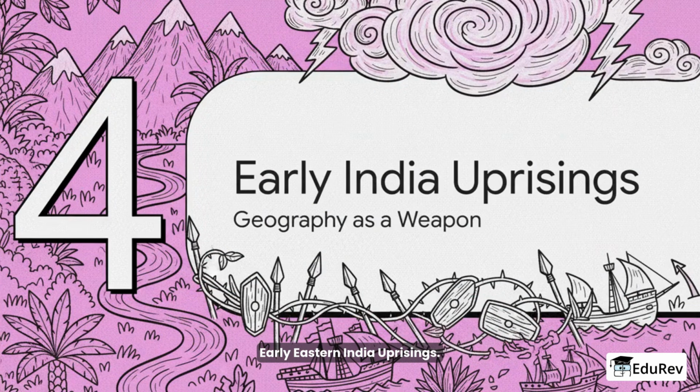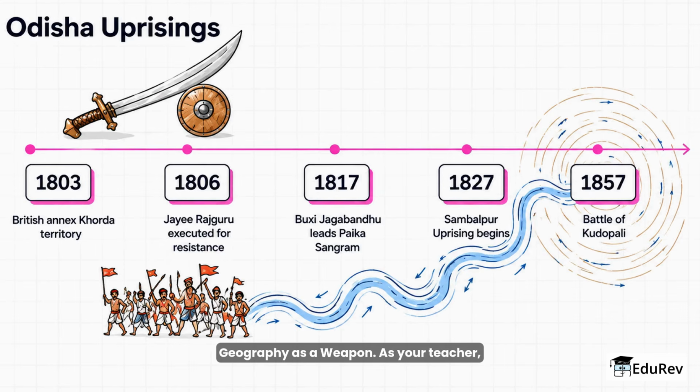This brings us to section 4. Early Eastern India uprisings. Geography as a weapon. As your teacher, I want to bridge our geography lesson directly over to history. Let's trace this timeline of resistance in Odisha to see exactly how native terrain was used as a powerful weapon